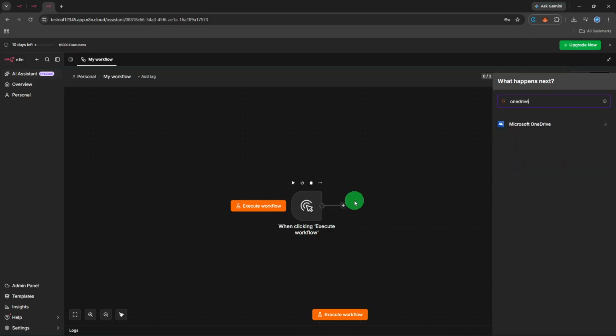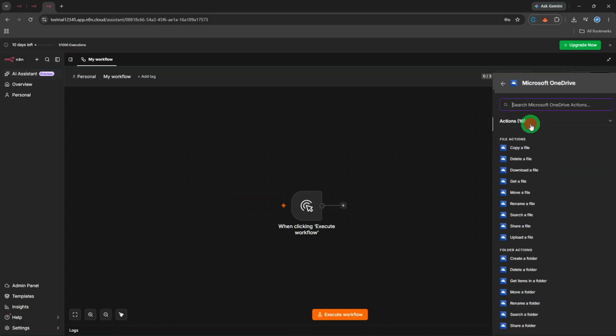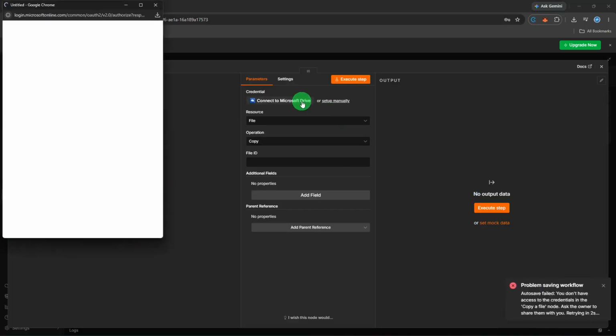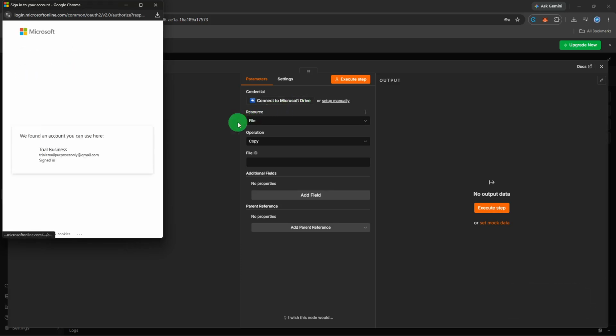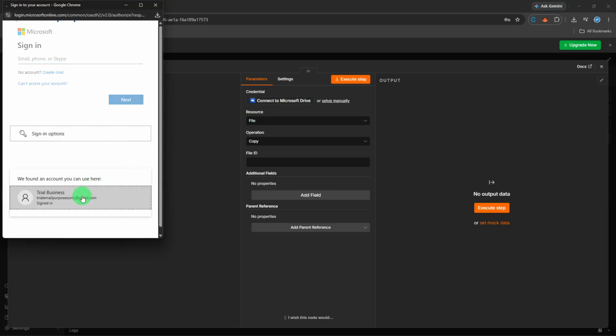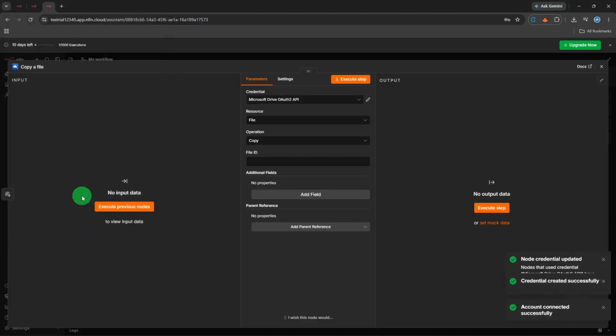Once the node settings panel loads, you'll click into the credentials field and choose Create New Credential. Then select Microsoft OneDrive OAuth 2 API as the credential type. Click Connect Account, sign into your Microsoft account, and carefully review the permissions N8N is requesting. These allow it to read, upload, and manage your files on your behalf. Click Accept, and after a moment, you'll be returned to the N8N editor with the credential now visible and selected